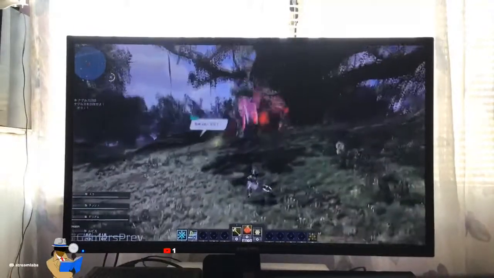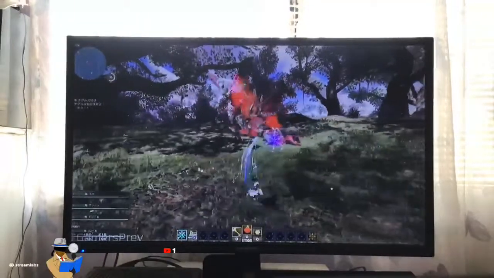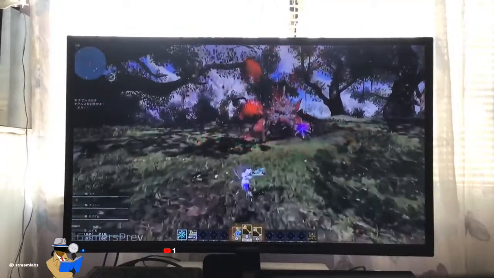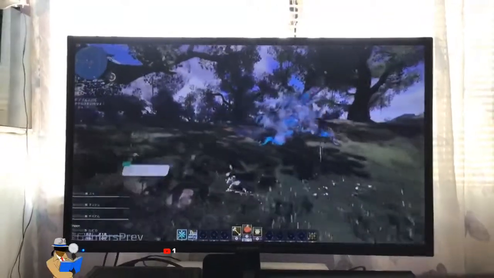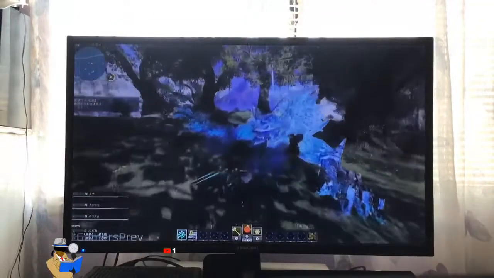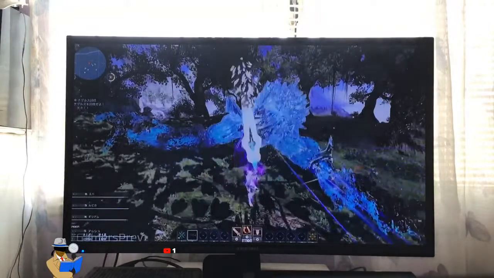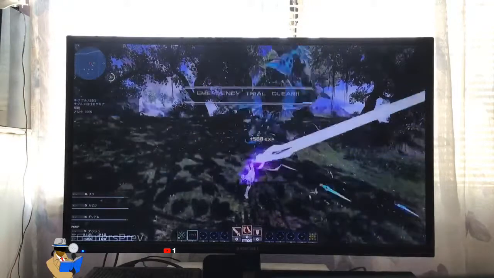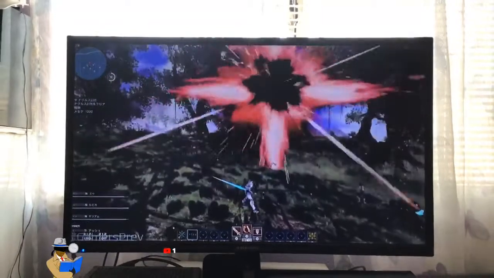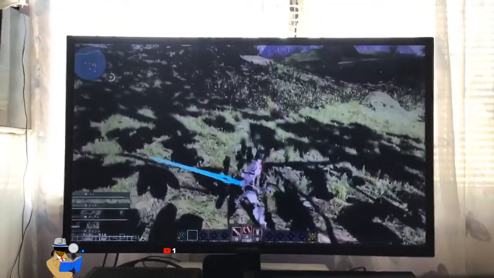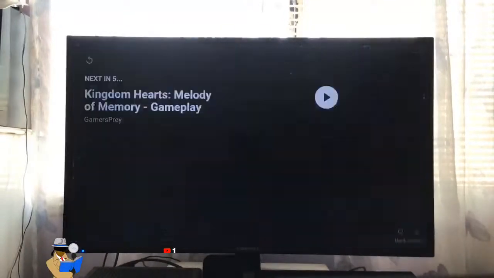Into an elemental damage reaction state. Attack it with the techniques of the elements to which it is weak. We were able to get it to an elemental damage reaction state. Let's go all out on it. There we go. We beat it. That will be it for the gameplay footage we will be showing.